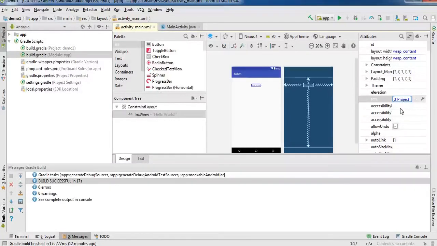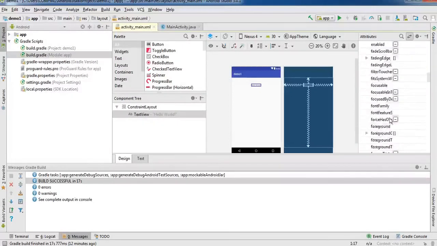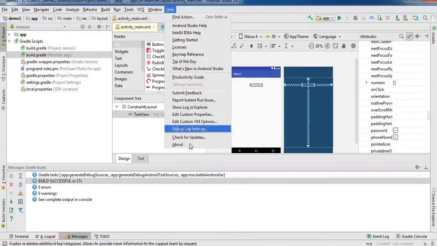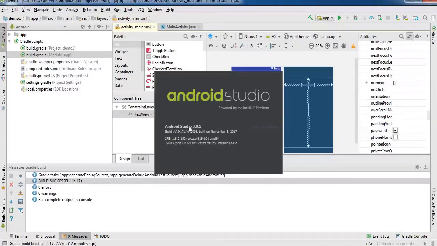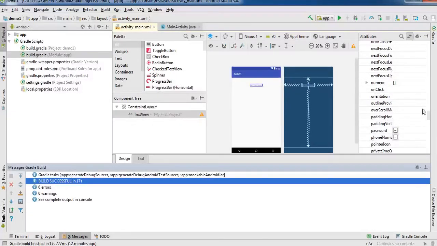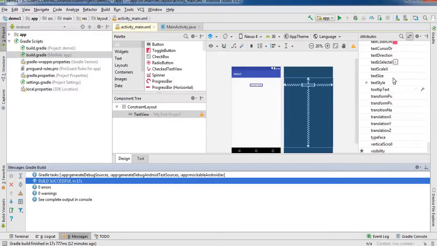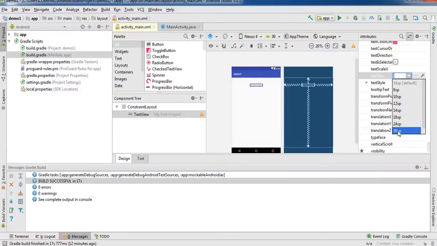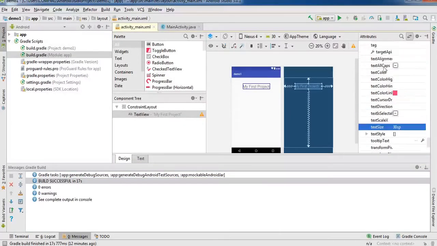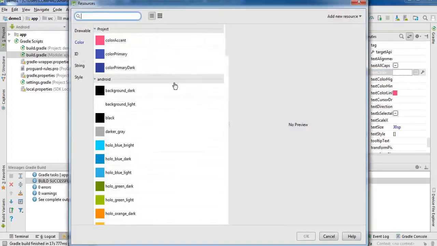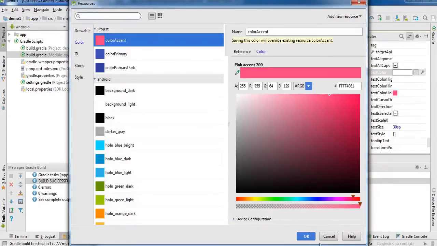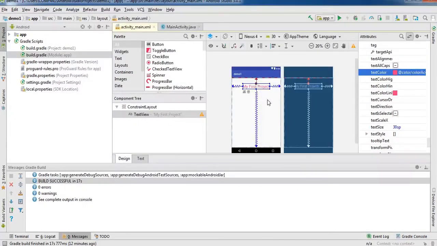Here are some attributes also. If you have a different version, then different attributes are there. We are using Android Studio 3.0.1 here, so according to that we have the text size. This text size, I want 30, and I want this text color. Okay, so this is my text color. This is my first project.